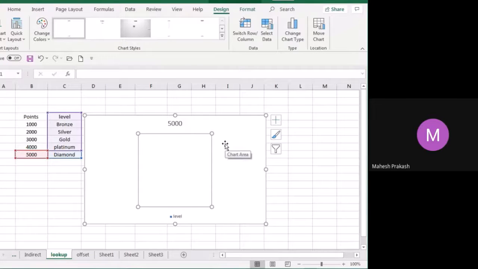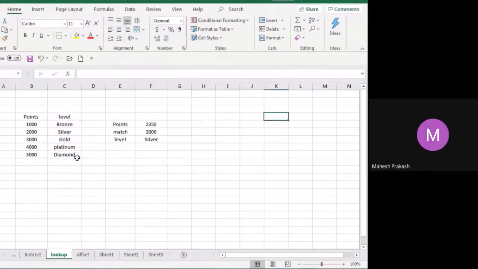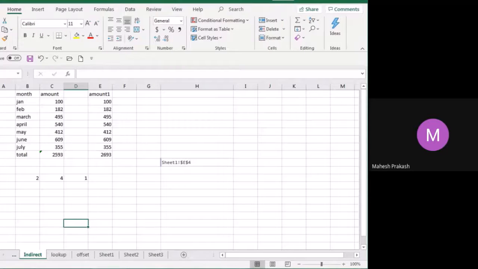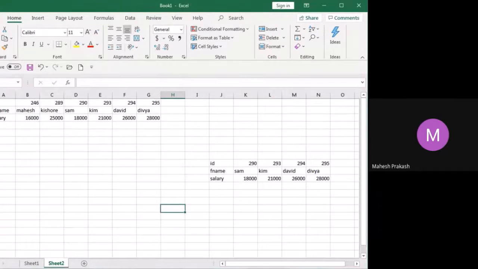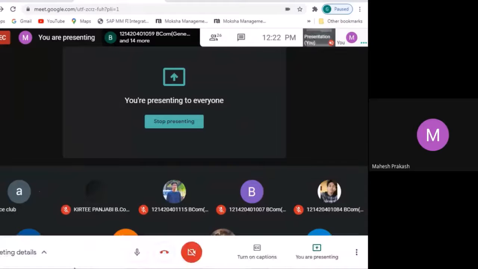Just give me a second. This table is not good. We'll select a good table. For example, we'll go with this table itself.